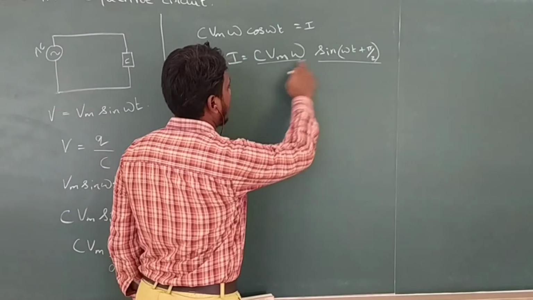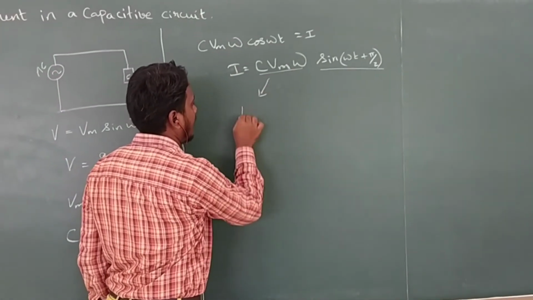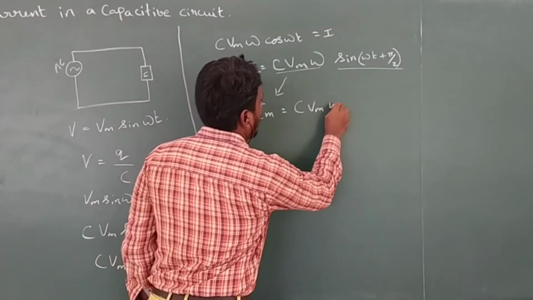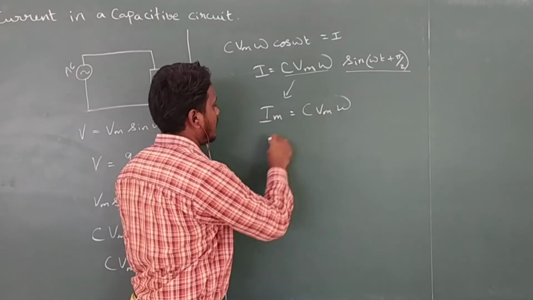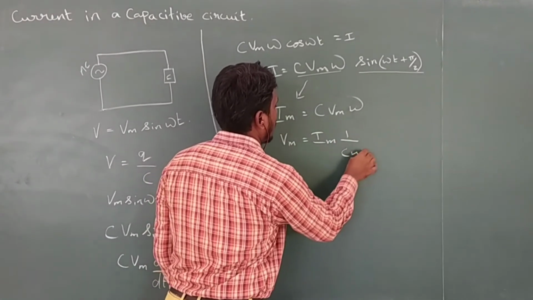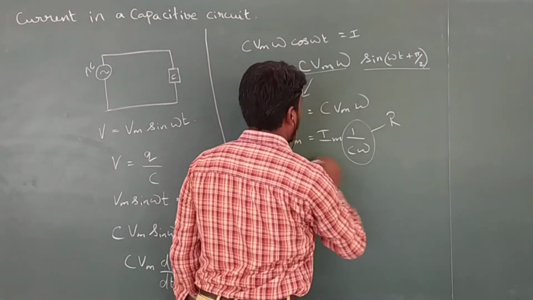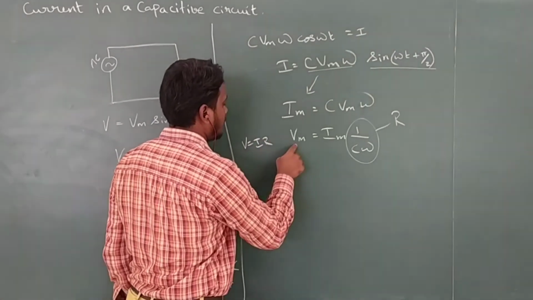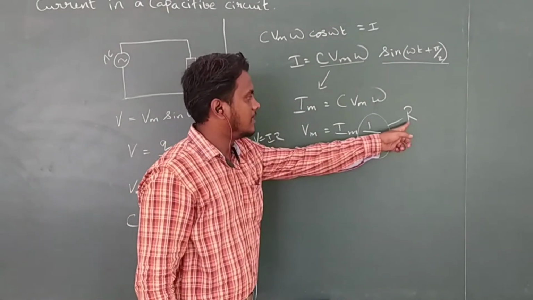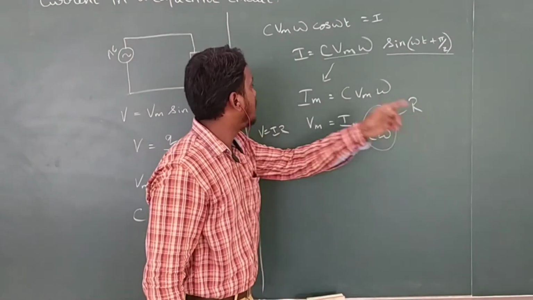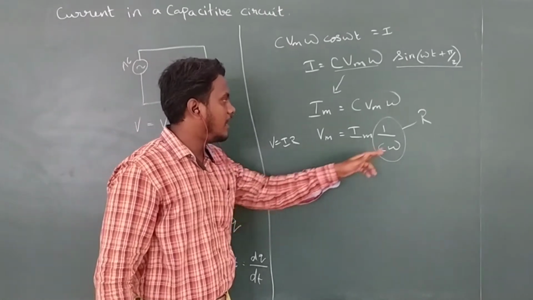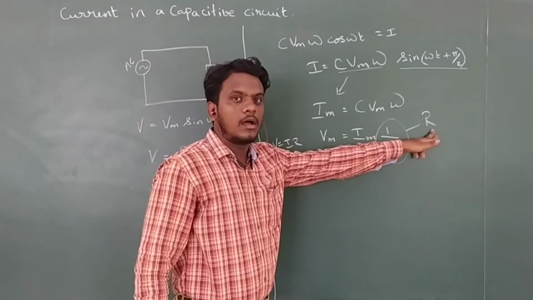So if this is the phase, I can relate this to the maximum current Im. So if this is Im, I can write Im equal to C Vm omega, right? So from this, the maximum value of voltage, Vm equal to Im by C omega, where I can relate it to R in the equation V equal to IR. If this is the V, I can relate this 1 by C omega as resistance, right? This is the resistance provided by this capacitive circuit to the supplied alternating voltage, and so this resistance value is named as